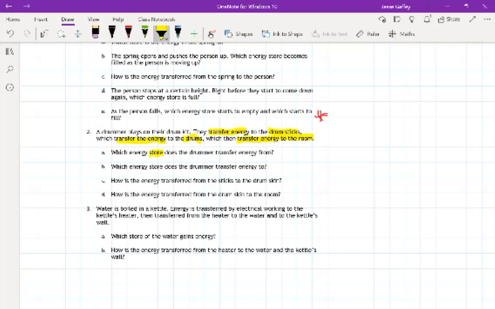Well, the energy would start in the chemical store of the drummer's arm. So well done if you said that, the chemical store of the muscles in the drummer. Which energy store does the drummer transfer energy to? Okay, so they would transfer energy to the